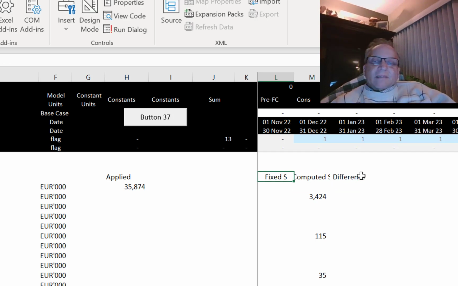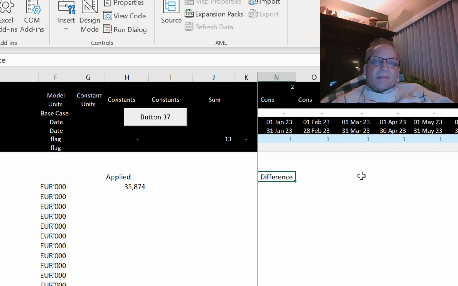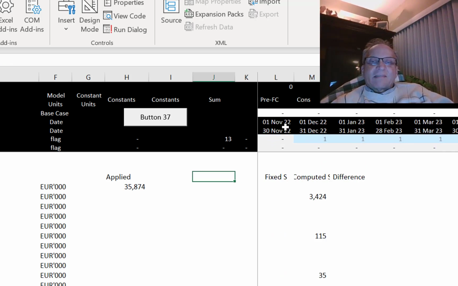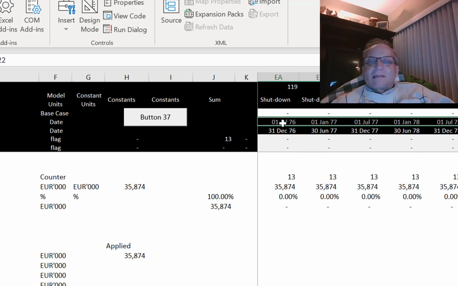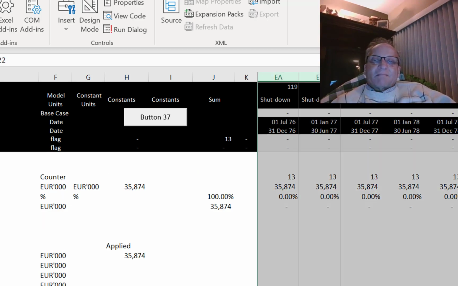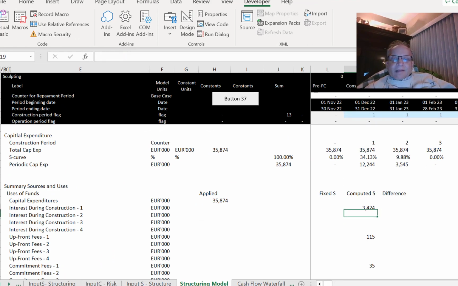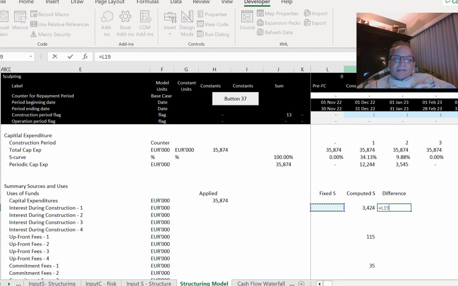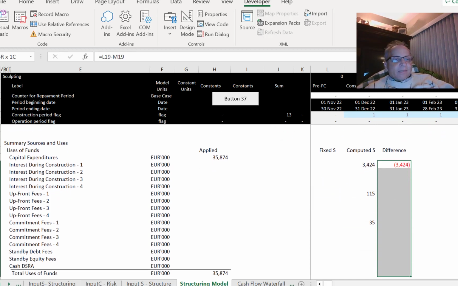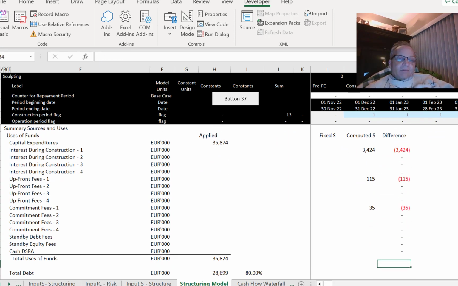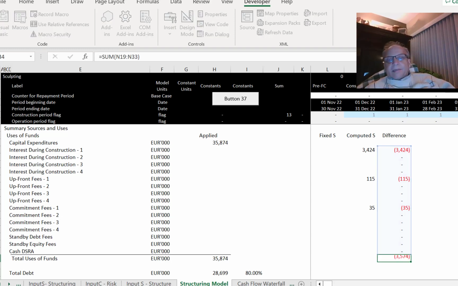I get obsessed with this stupid stuff. Maybe some psychological problems. Let's make them all wider instead of just one. And take the difference between the fixed and the computed, and it doesn't matter which way we go. And we go all the way down, and we put a sum of all this, and we call that